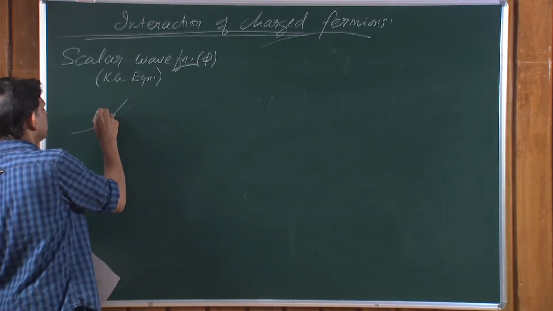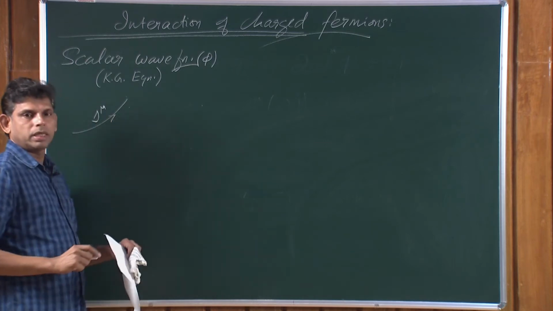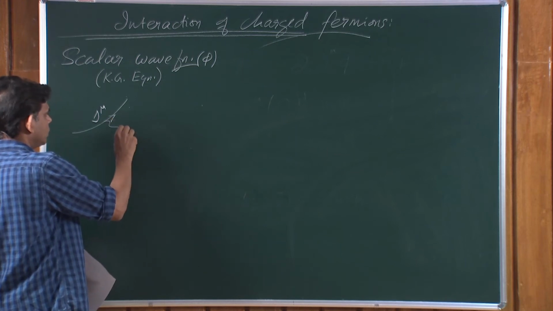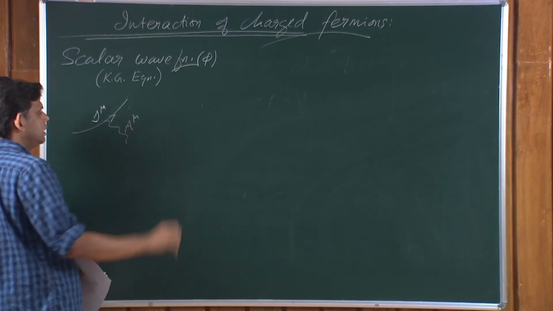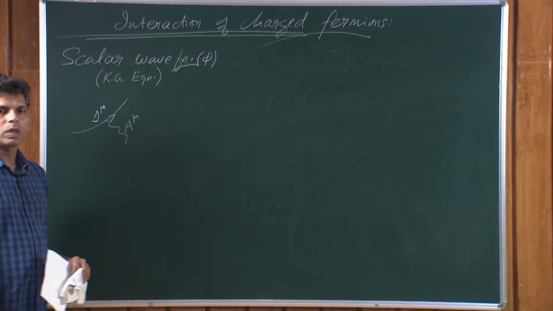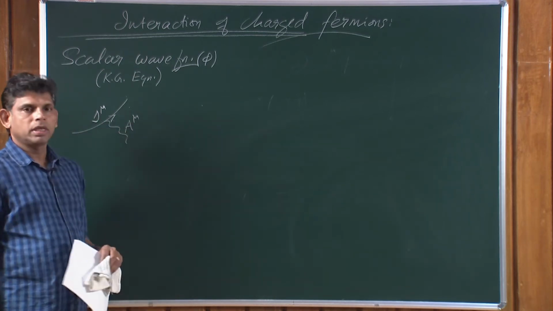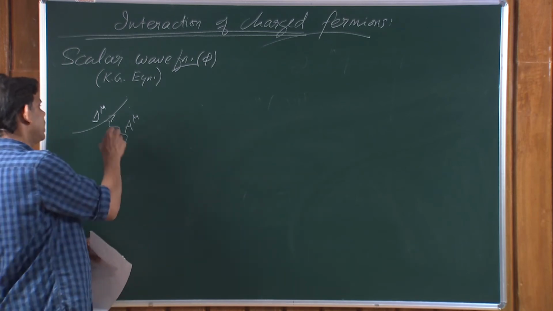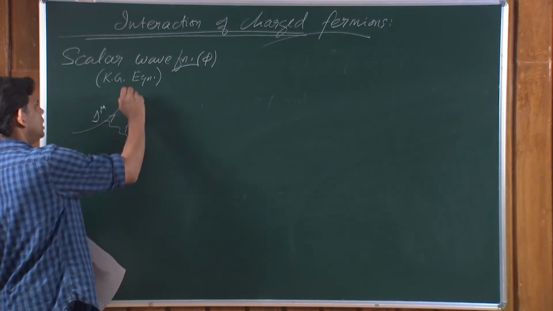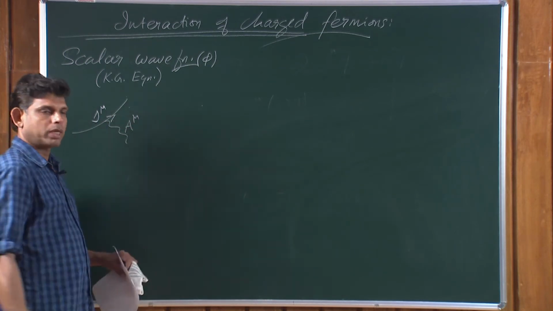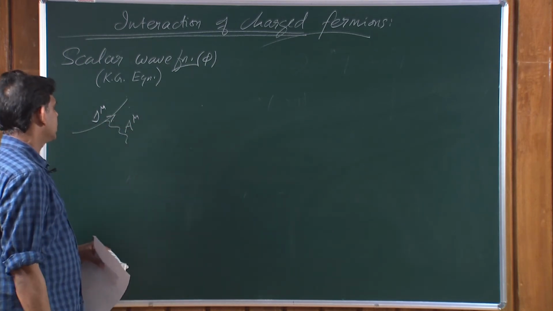So, this current let me denote by letter J mu, and supposing there are photons or the electric field in this region, this notation is also familiar to us. So, J mu interacts with this. In a graphical way, we can represent it in this fashion. There is a current of phi and then there is electromagnetic field, we represent the interaction by this,